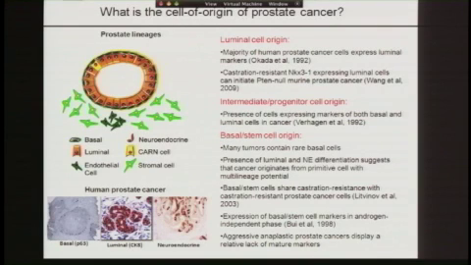And one of the questions we wanted to know the answer to is, what is the cell of origin of prostate cancer? And there's a lot of controversy in the field. There's a dominant school of thought that says that it's a luminal cell. And the majority of that thought comes from the fact that human prostate cancers express luminal markers like the PSA